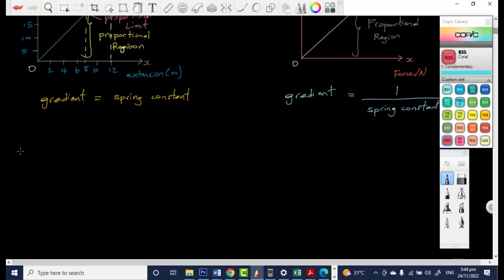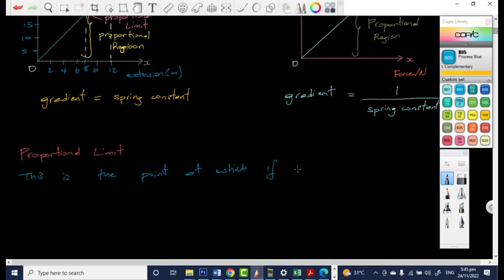So let's talk about the proportional limit. So the proportional limit is, as I said before, where Hooke's law is obeyed; if we go beyond the proportional limit, Hooke's law will no longer be obeyed. So we can say that this is the point at which